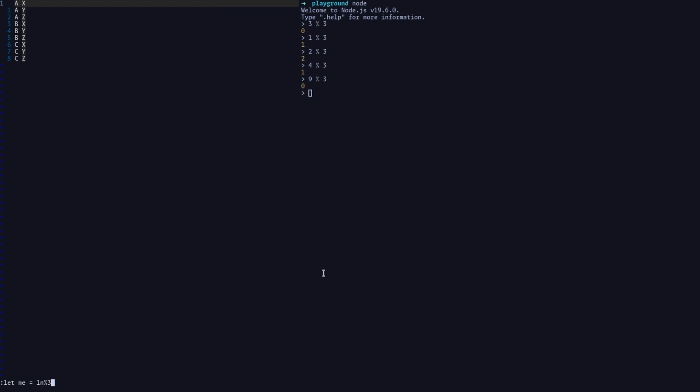So to solve this, we're just going to add a simple condition. I'm going to say if ln modulo 3 is greater than 0, return ln modulo 3, otherwise return 3 itself, okay? I'm going to go to the start of the line, and I'm going to change the whole line. I'm going to put it inside single quotes and add colon. And here I'm going to access the expression register, and I'm going to say the following.